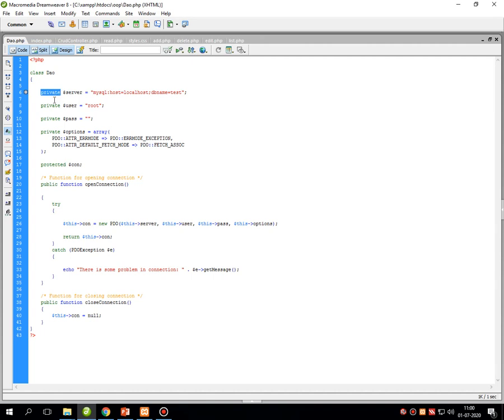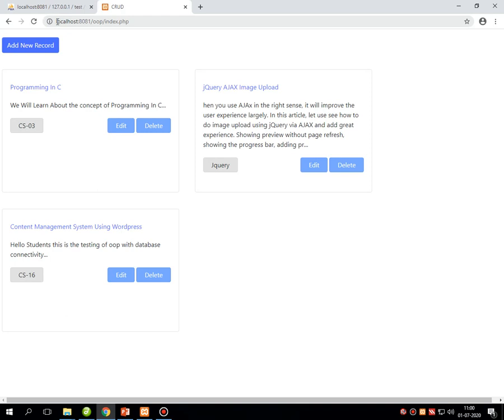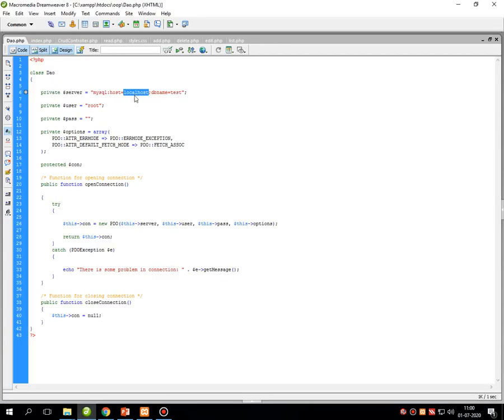So I have written private, then $server equals, in double inverted commas, mysql, it's a part of syntax, then a colon, then host equals localhost. Now you can see over the browser the name of our web server is localhost. So the same thing we have written over here.